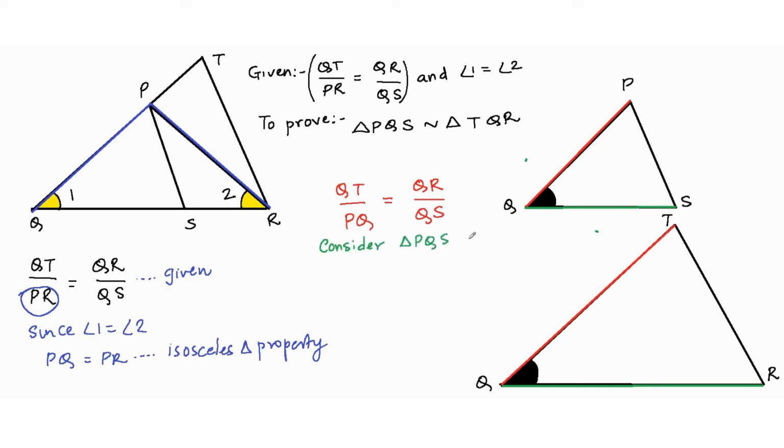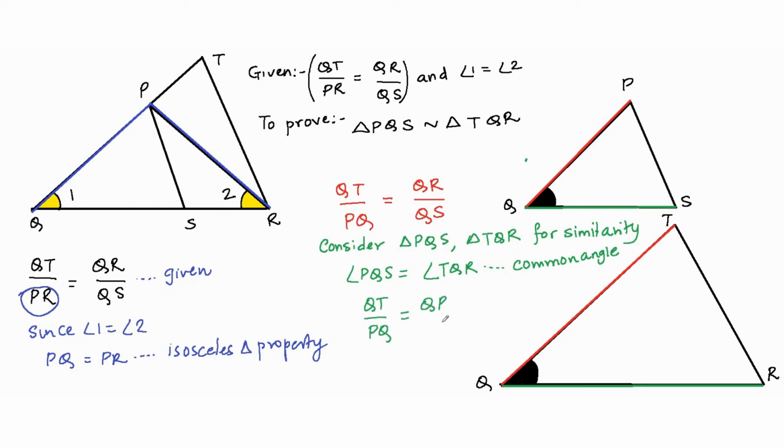So I can say, consider triangle PQS and triangle TQR for similarity. So I can say that angle PQS is equal to angle TQR because that's the common angle, right? And also QT divided by PQ is equal to QR divided by QS. This is from 1. And therefore I can say that by SAS test of similarity,